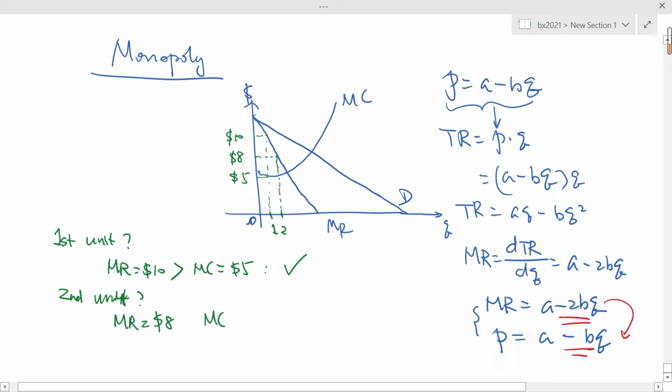And what's the marginal cost? Go from 2 up to the marginal cost, maybe 6, let's say. Still marginal revenue is bigger than marginal cost, so the decision is yes. Keep doing so, and so on and so forth, until we reach this point, which I'll call point E,